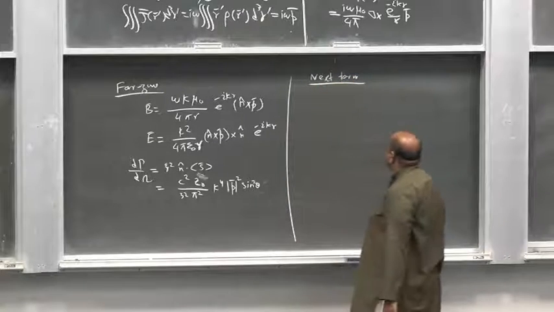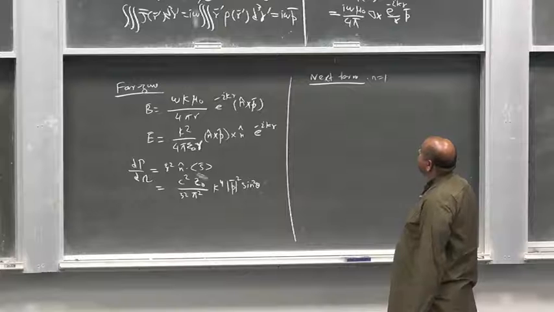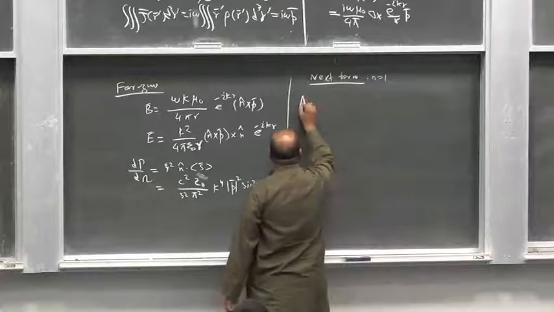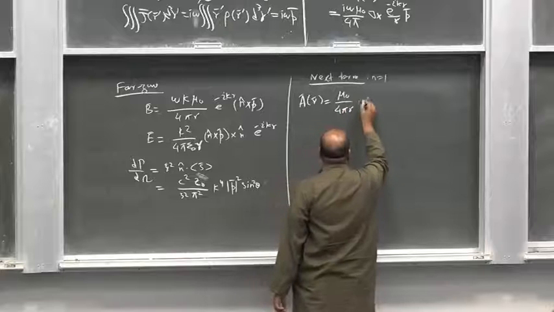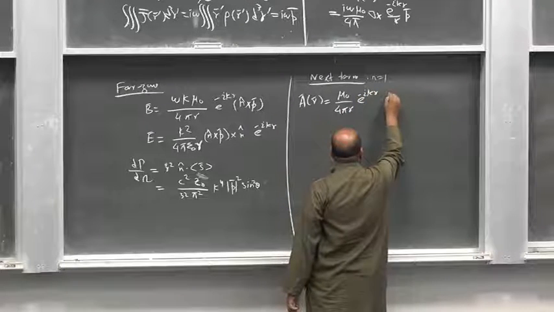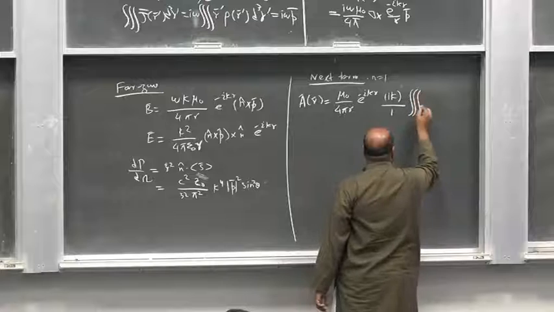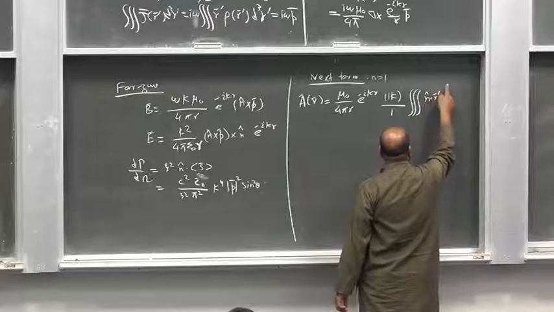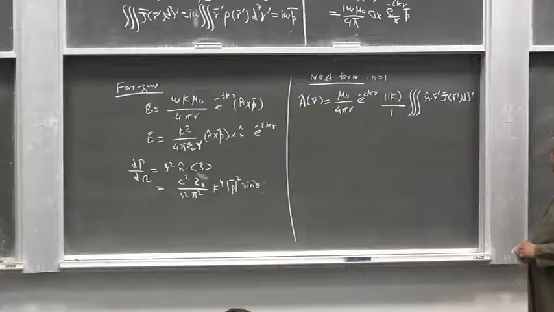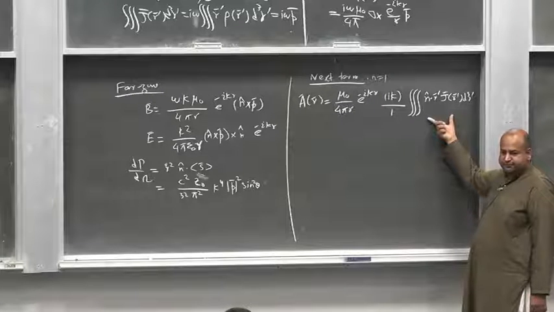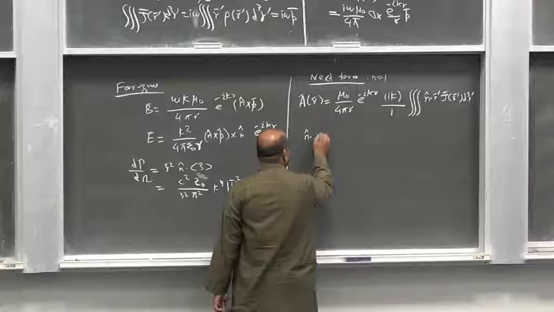नेक्स्ट टर्म इन द एक्सपेंशन n is equal to 1। n is equal to 1 टर्म कौन सी बनती है? वो दूसरे वाले बोर्ड पे लिखा हुआ है, इट इज इसमें आयोटा k था यहाँ पे, इसकी पावर 1 थी और नीचे 1 फैक्टोरियल था, सो 1, और यहाँ पे n डॉट r हैट की पावर 1 थी। अब हम देखते हैं कि ये इंटीग्रल क्या है। इसमें अगर आप देखें तो ये जो इसके अंदर टर्म लिखी हुई है ना, n डॉट r हैट